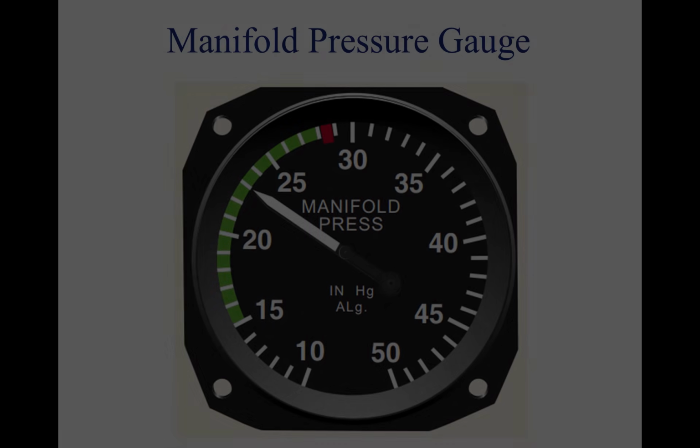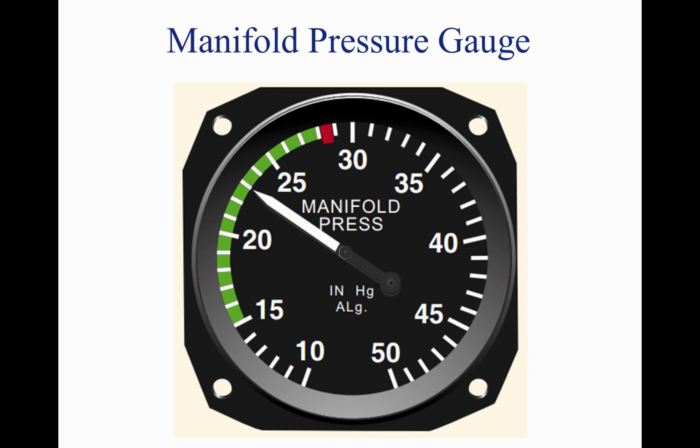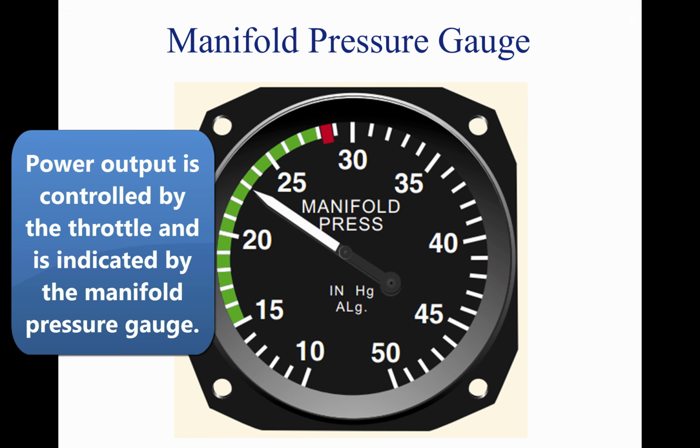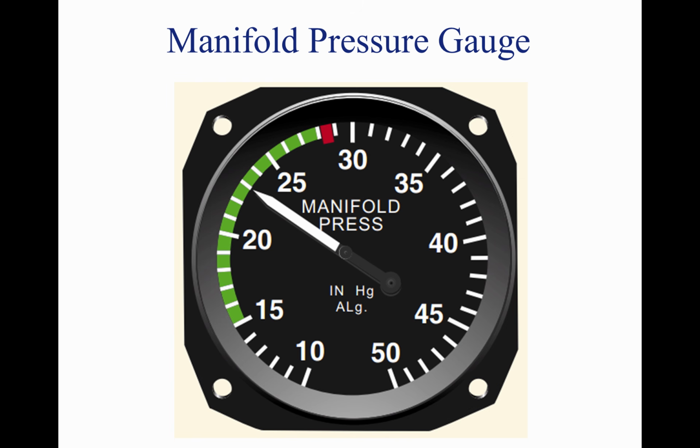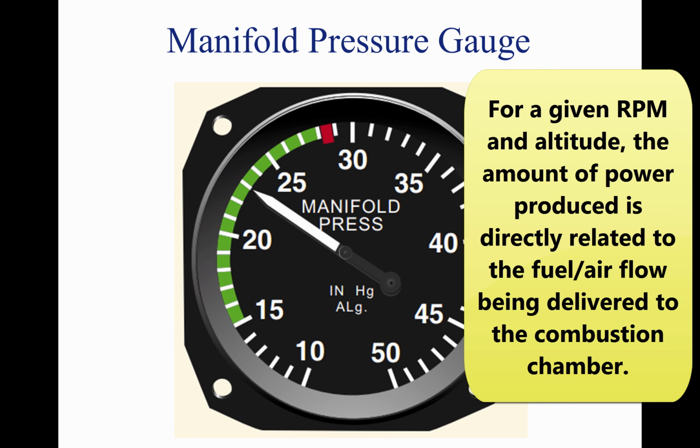On aircraft equipped with a constant speed propeller, power output is controlled by the throttle and indicated by a manifold pressure gauge. The gauge measures the absolute pressure of the fuel-air mixture inside the intake manifold and is more correctly a measure of manifold absolute pressure. At a constant RPM and altitude, the amount of power produced is directly related to the fuel airflow being delivered